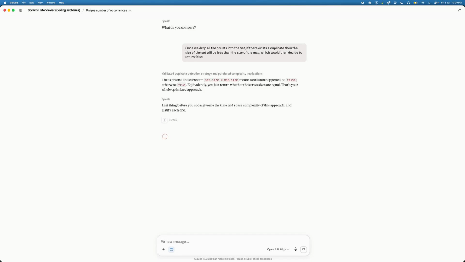Last thing before you code, give me the time and space complexity of this approach and justify each one.